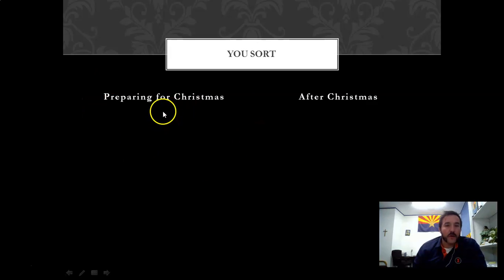Preparing for Christmas better only be about preparing for Christmas. If you want to throw away the tree, that's what you do after Christmas, right? What do you do after Christmas? Put away the decorations. Throw away the wrapping paper. Get rid of the tree after it's dead and all the pine needles fall off. So on and so forth. The point is, you gotta sort them correctly in your paragraphs too. Cereal goes in the cereal aisle. All the sentences about preparing for Christmas better go in the preparing for Christmas section.